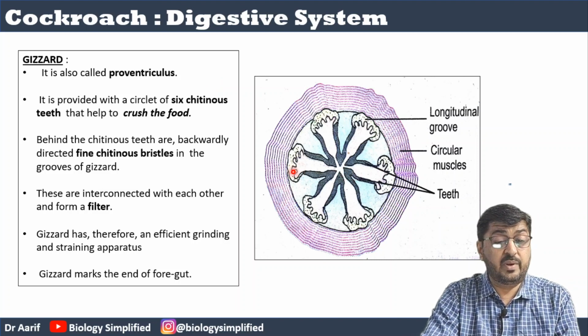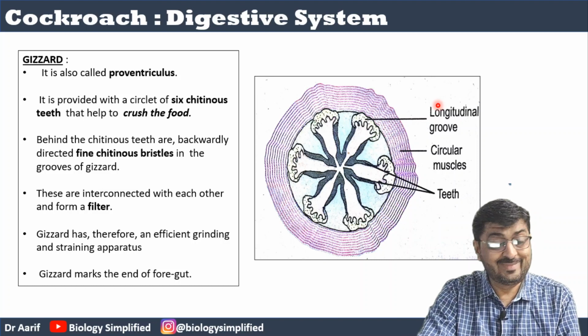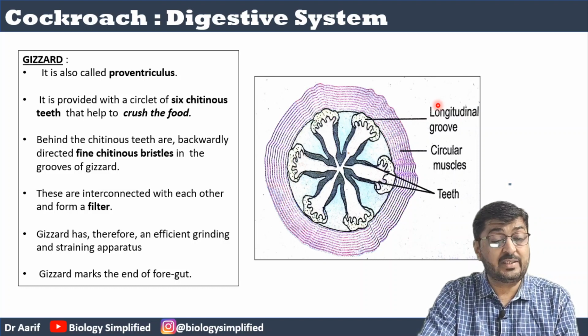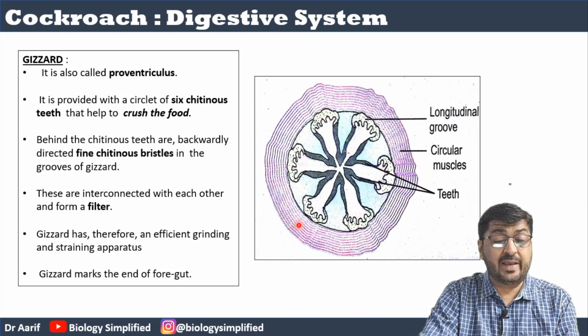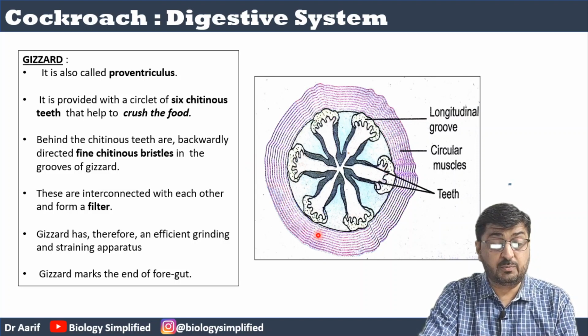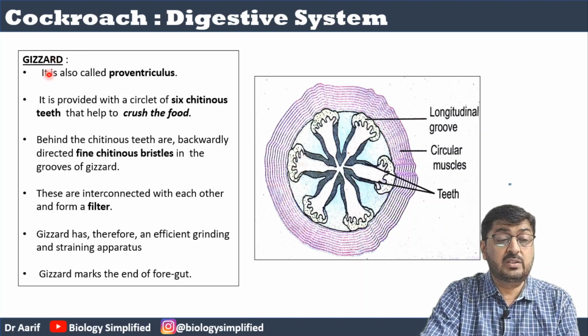This diagram has been taken from a very, very rare book, the government textbook. Rare because you rarely see that. So you can check it out. This diagram is present in the government textbook, please. This is a cross section which is passing through the gizzard. Now the gizzard is also called